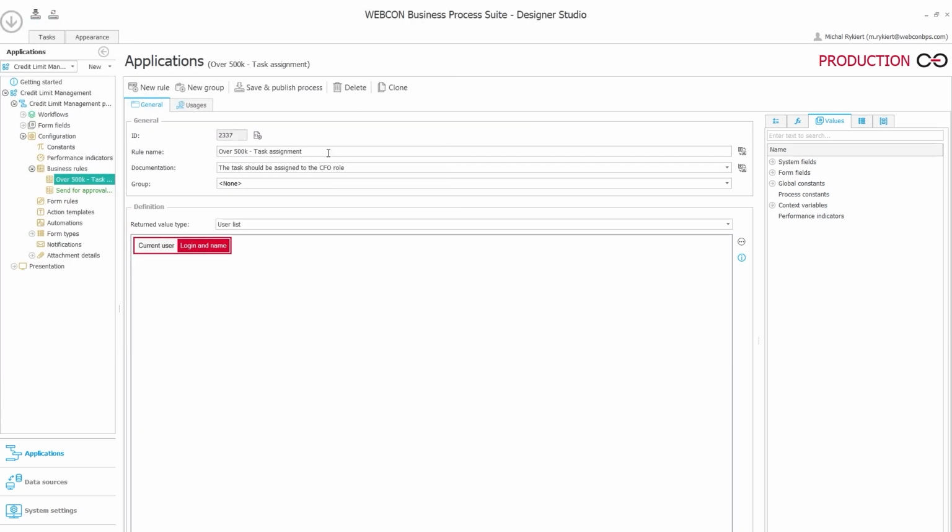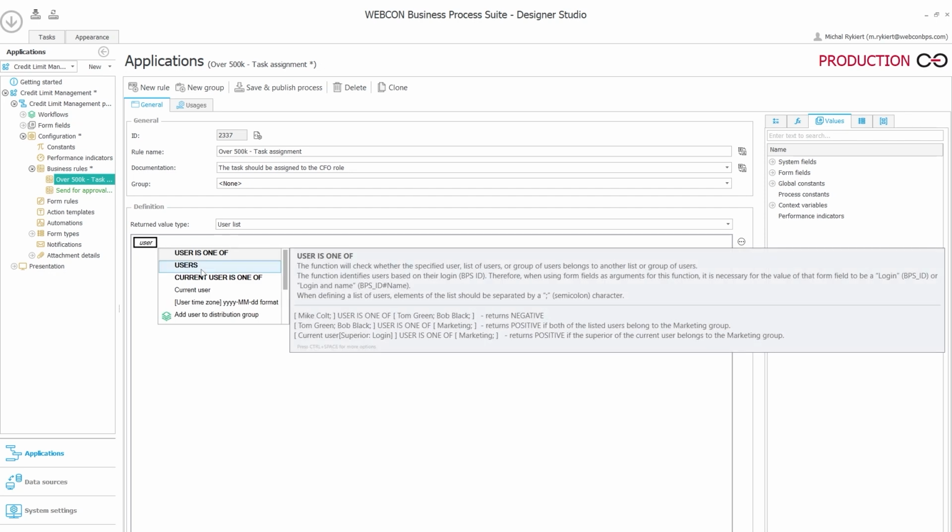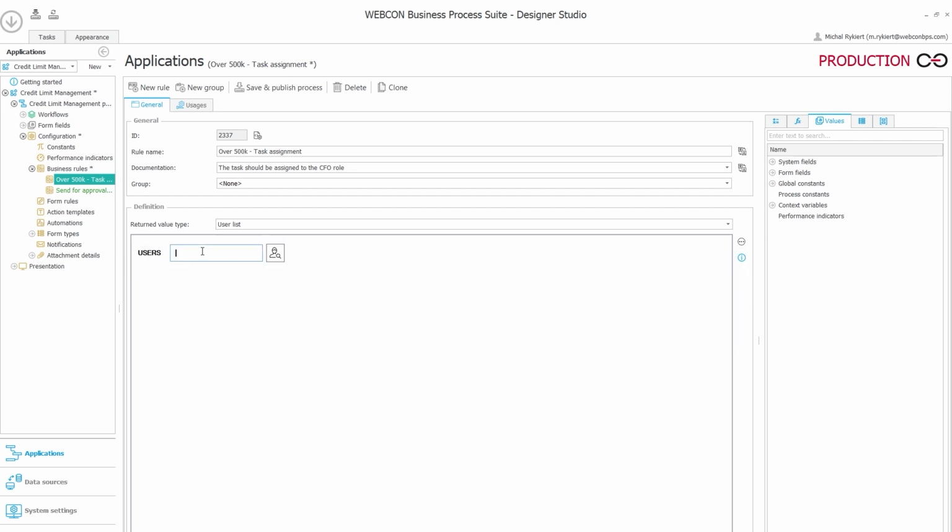Right now, we need to provide a task assignment for all of those cases over 500,000 because the CFO approval is required. Up to this point, the task has been assigned to the current user because we use it for testing purposes as it is the easiest way of doing so. However, this is a quick change because we have a predefined function called users, and we can provide the CFO role directly in here. The use of a role is extremely important because it makes configuration way more resilient as compared to providing